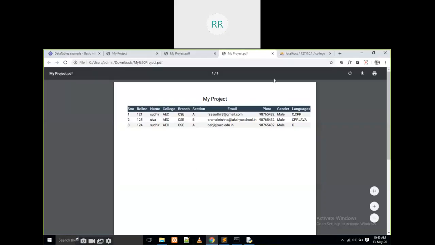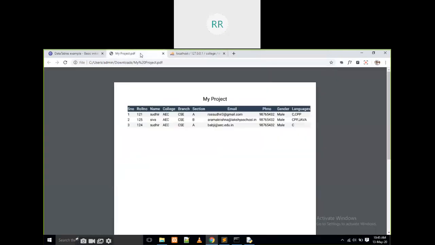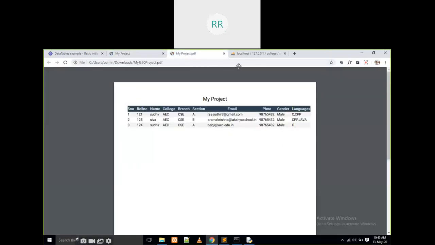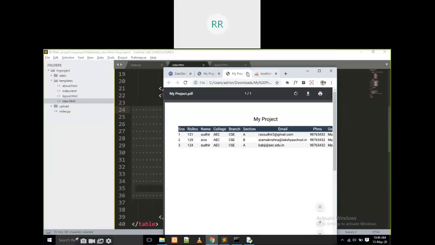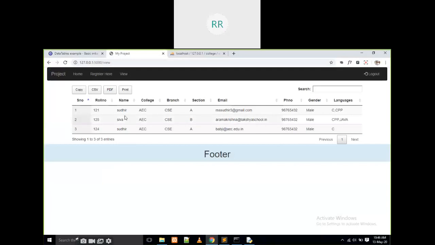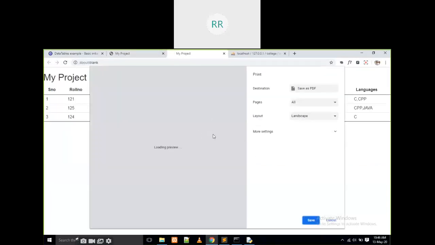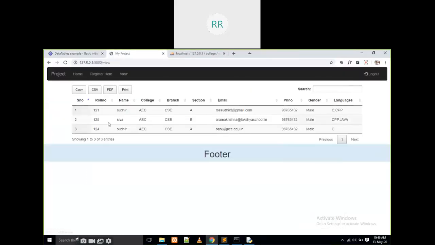If it is print, it is going to ask for a print statement also. Yes, it will be working like this. This is copy.